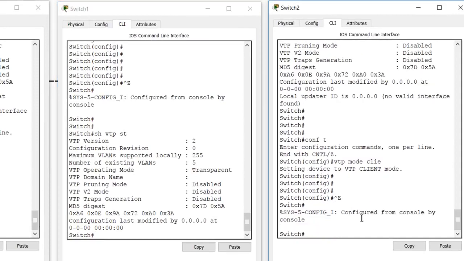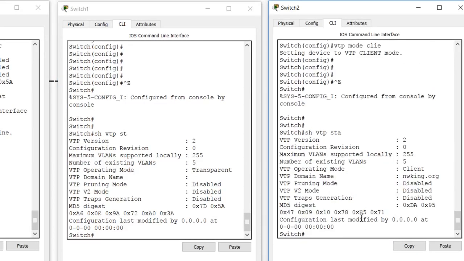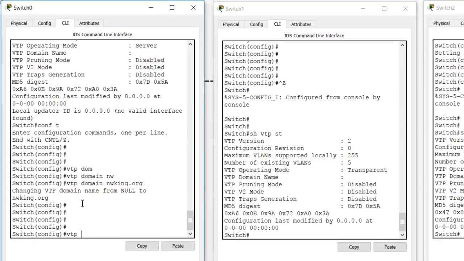Let's see if this is updating this. Show VTP status. This has updated. So transparent has worked. It has taken that update coming from switch 0 and given it to switch 2. Now, when this did not have a domain name, it created one, because when it is in null state, if it gets an update with a domain, it just takes that and updates itself with the new domain. But if I make a change to this domain again,